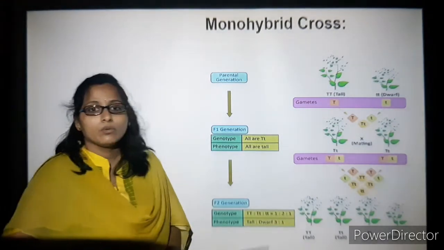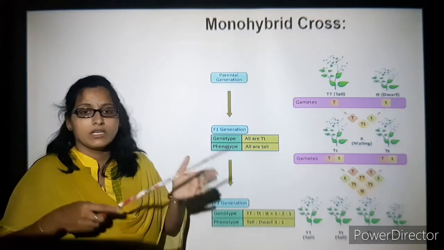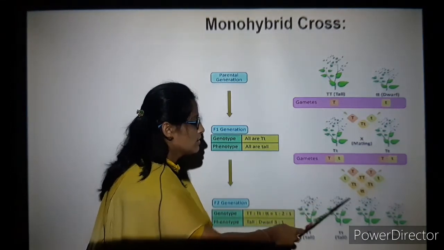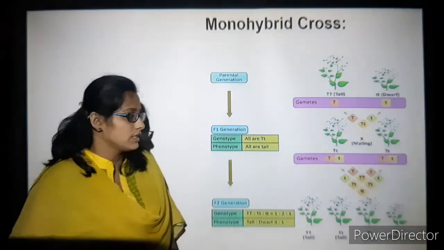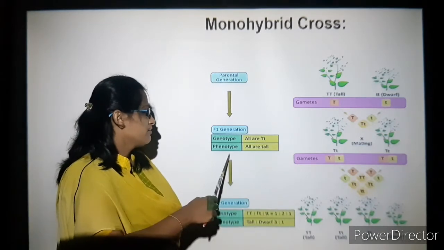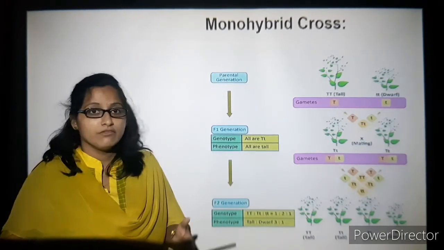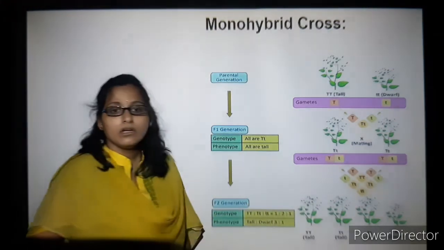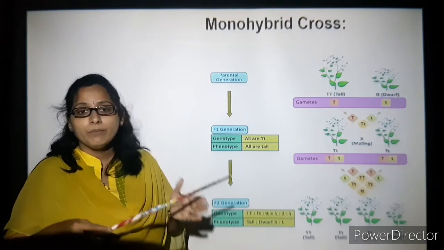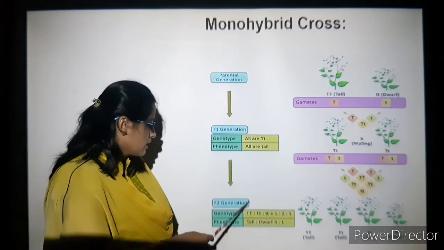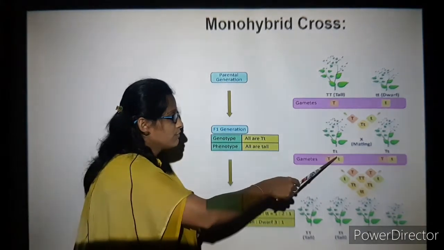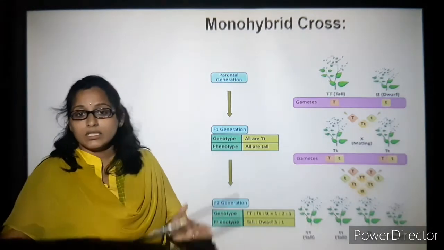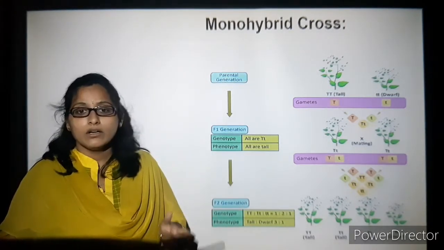We are again crossing it with a hybrid variety which has a big T and small t. So what happens here is you get 4 combinations here. So what is here? That is phenotype. So we can understand phenotype as all are tall in nature. So this small t will become recessive and big T will become dominant. So on crossing, next generation F2, this is F2 generation, you are crossed again, and what happens is you get 3 tall plants and 1 dwarf plant.